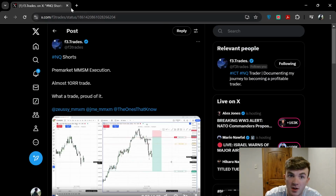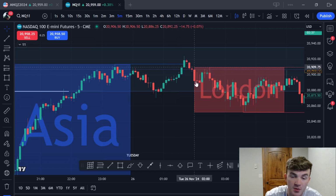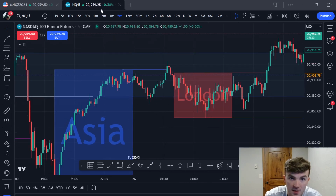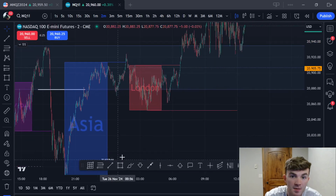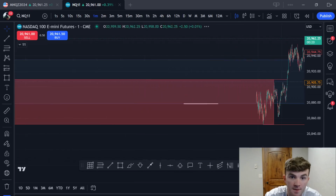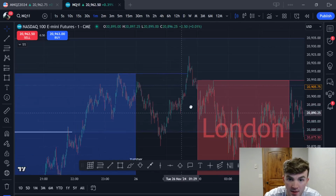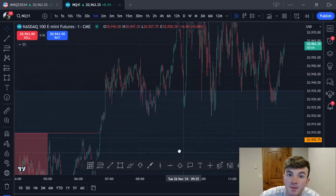So if I go over to the other chart, you can see we swept London's highs. Once I meant Asia, sorry. Once we sweep Asia's highs, this becomes a high probability area for a reversal. And so he traded this way early in the morning, but I believe this is what he's trading right now. No, sorry, he didn't trade that. He traded